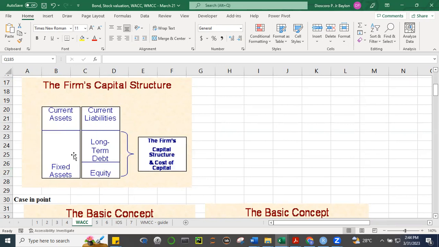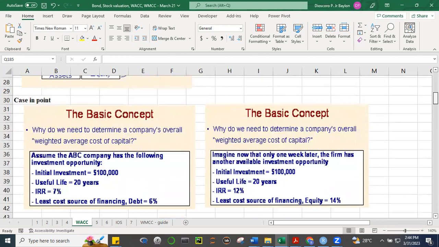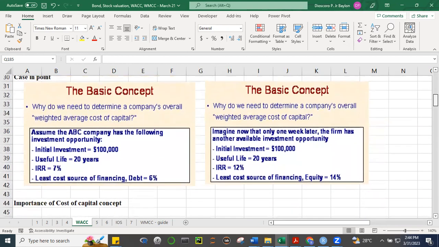Okay, and in order to finance fixed assets or long-term assets, we need to determine whether the future cash flows to be generated from those assets will exceed the investment, the return to be generated by investing in those long-term assets will exceed what we call the cost of capital. So it's very important for companies to know what we call WACC, weighted